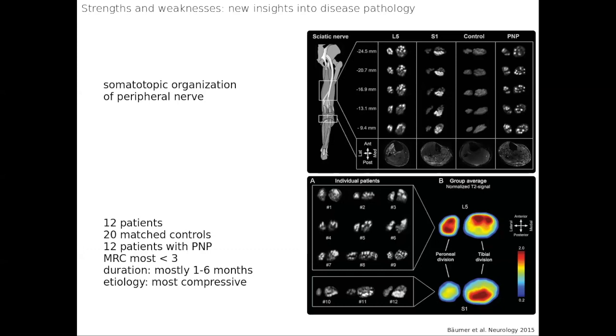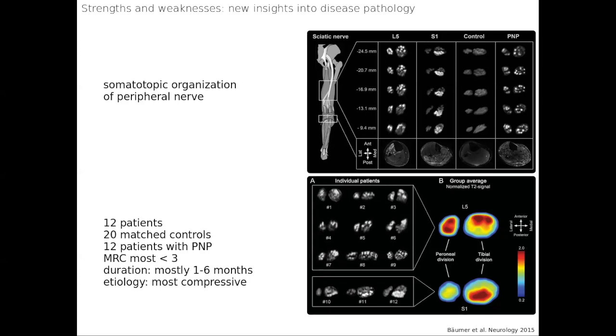For instance, if you look at compression neuropathy, radicular compressions of L5 or S1, patients with L5 or S1 compression syndrome clearly show different signal intensity changes